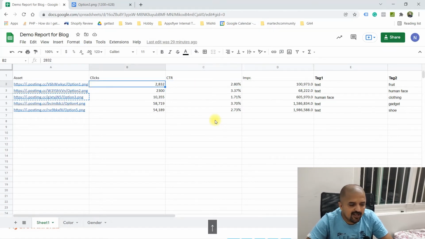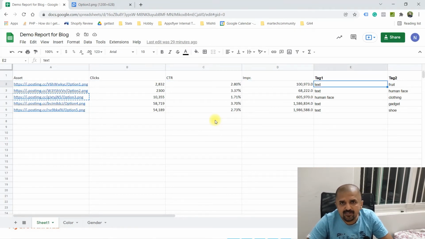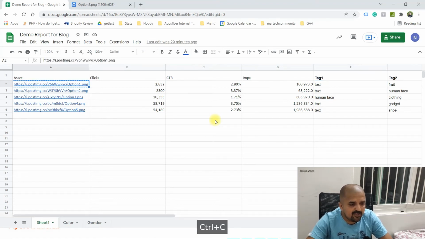So I have clicks, CTR, and impressions against each image, and then from column E onwards is what the Microsoft Azure API has returned after parsing the image. So let's look at the first image, how it looks.